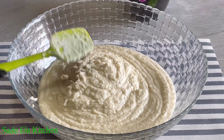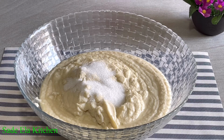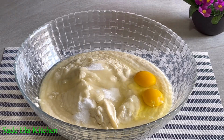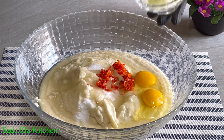So the next step, I'm going to be adding all the ingredients. First, I'll be adding 3 tablespoons of sugar, 1 teaspoon of salt, 2 eggs, some chopped Scotch bonnet, chopped onions,